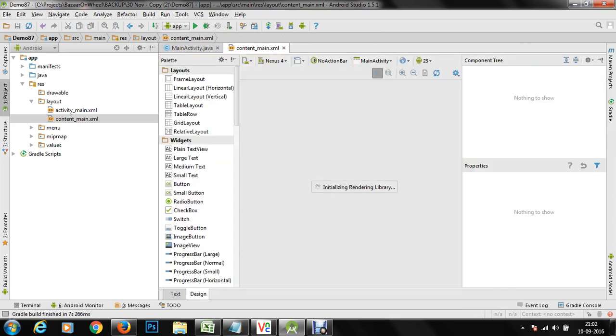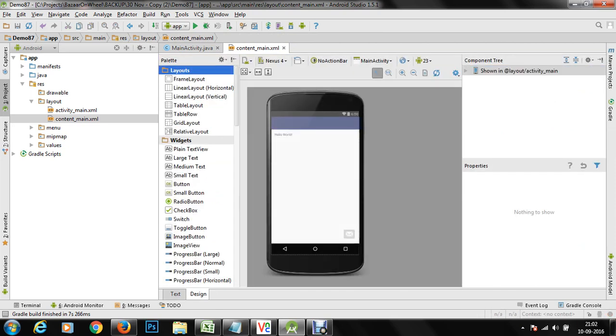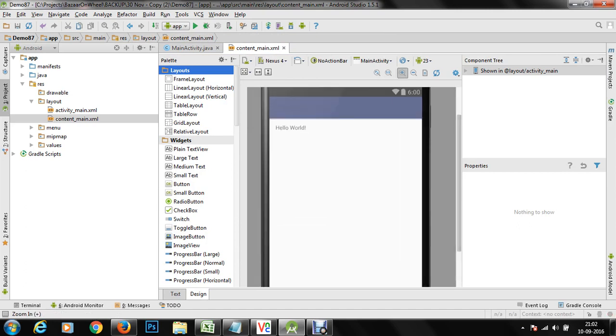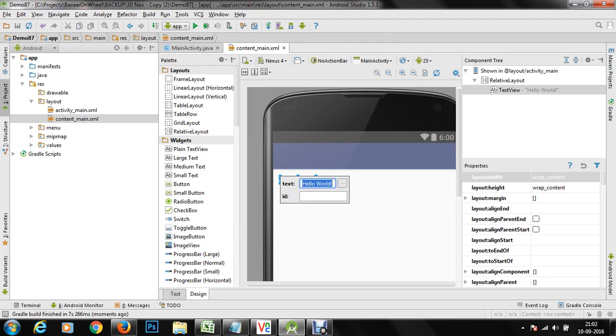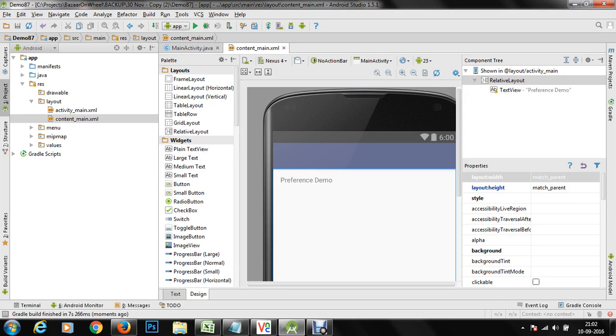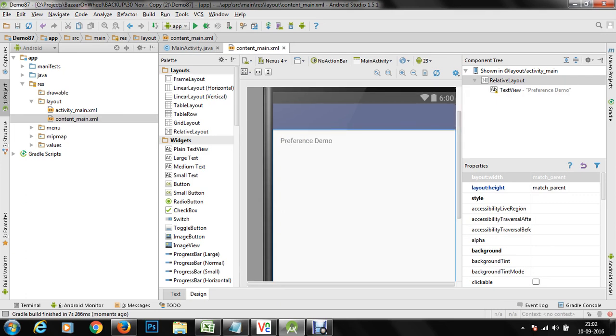Here in the design view, let's change the text to preferences demo, and within this preferences demo, we'd like to create an edit text box here.